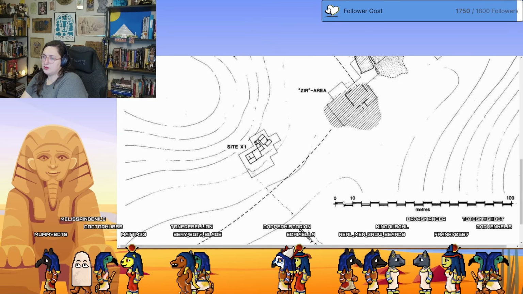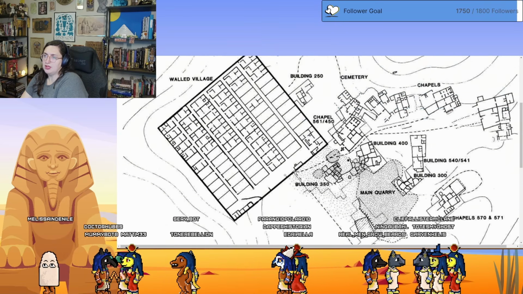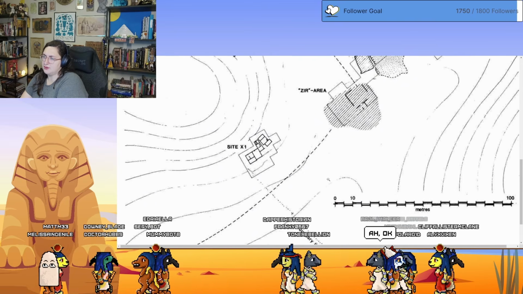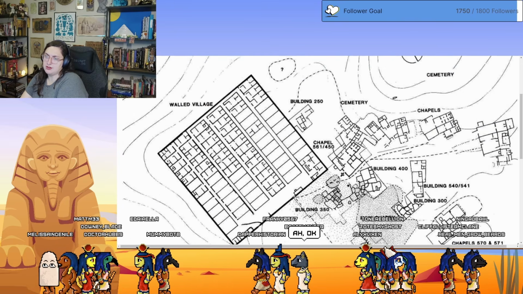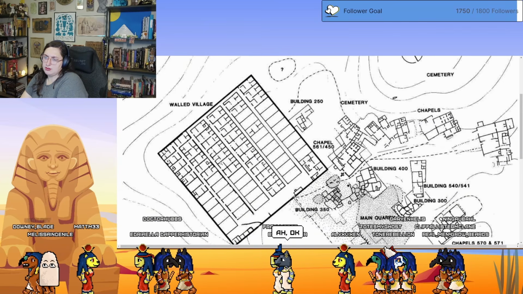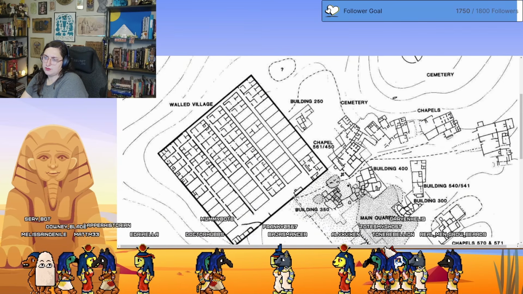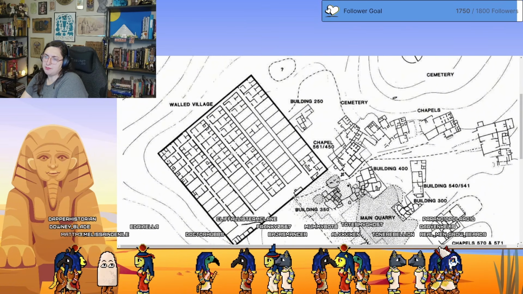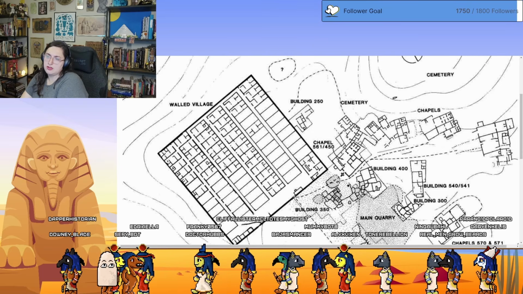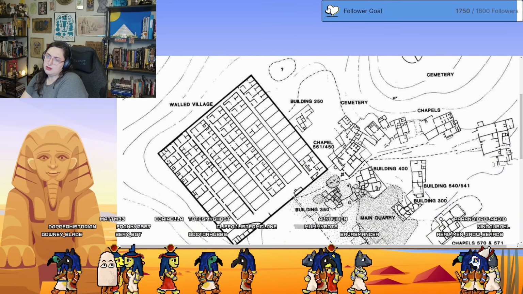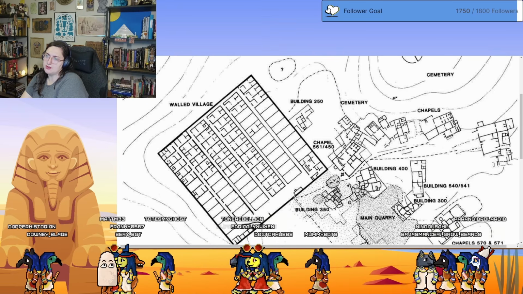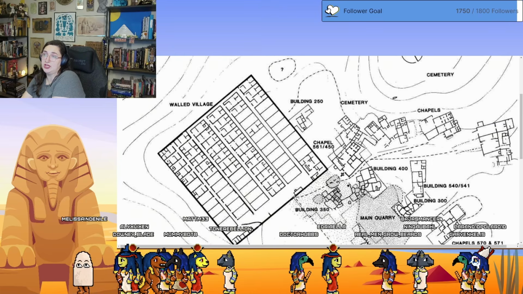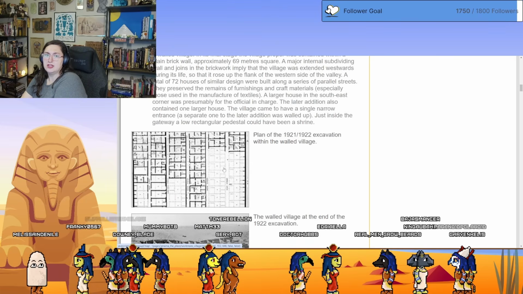It looks like four little magnifying glasses is one, which is 10 meters. It probably looks about 10 to 15 meters across. Like one building is maybe 10 meters by 15 or something. That's a really rough estimation based off of this scale, but